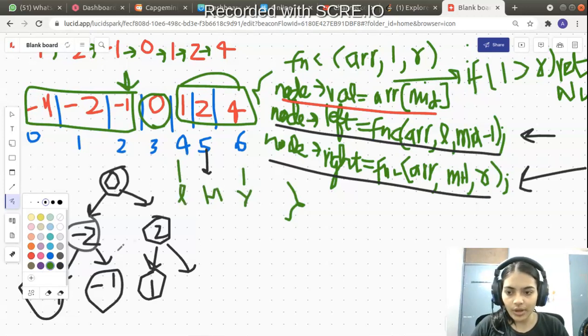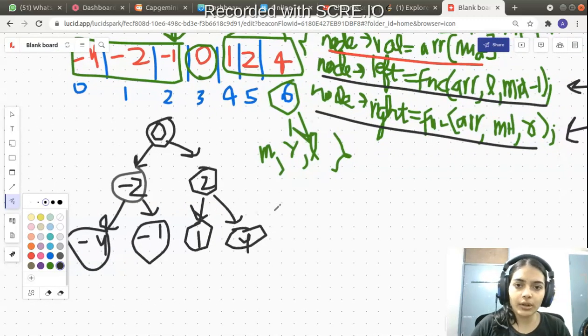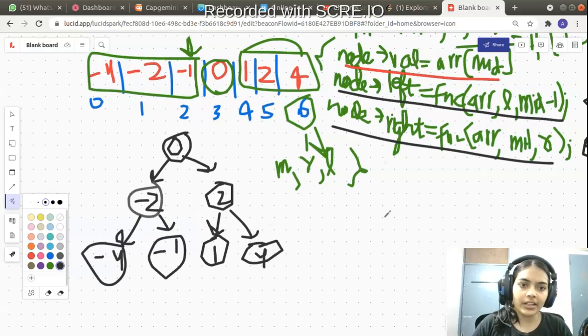But this time you are going to shift the left to mid plus 1. Your left will get shifted and point towards the index 6. Right will also be index 6, so mid will also become equal to index 6. Now the value at 6 is 4, so 4 will be allotted in this function call. I know this in-depth analysis has become maybe messy or long, but I hope that it will be helpful. After this, we can just return this binary search tree.